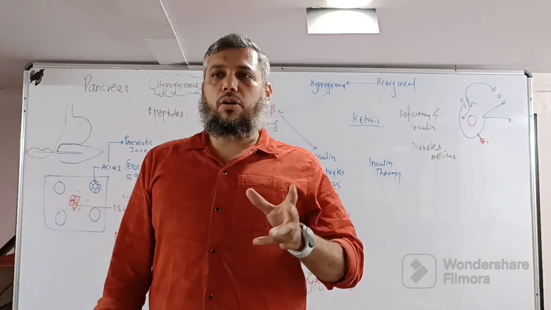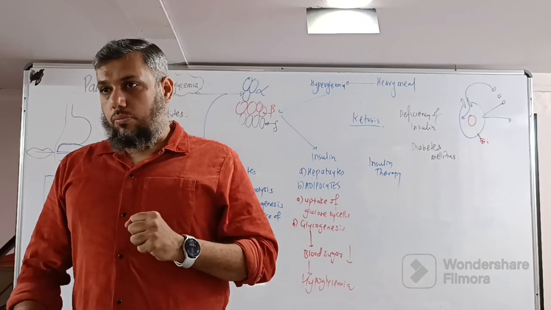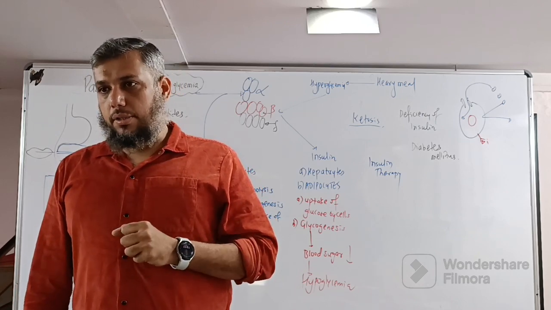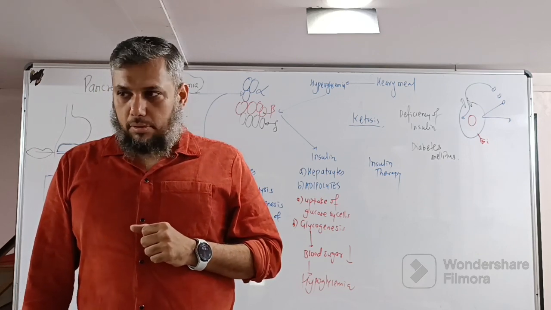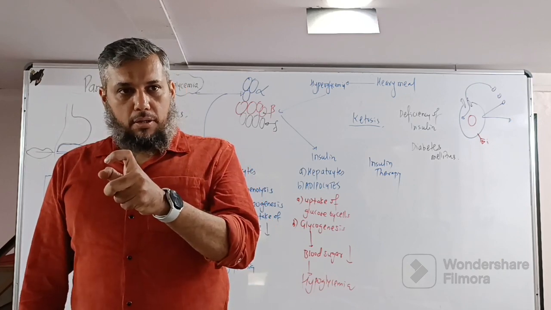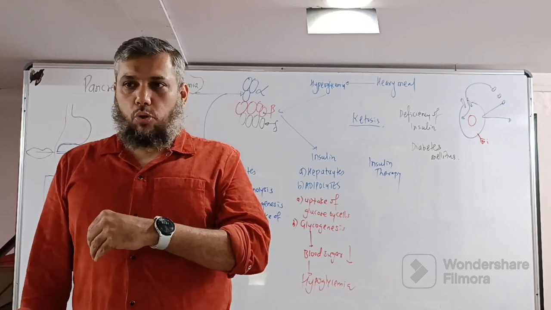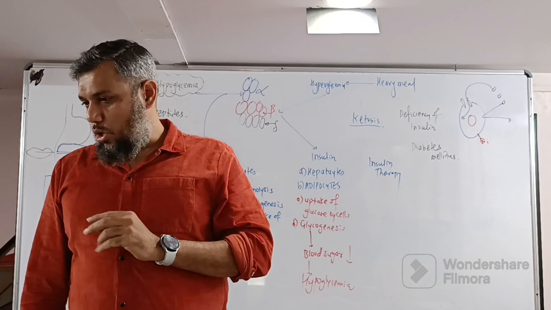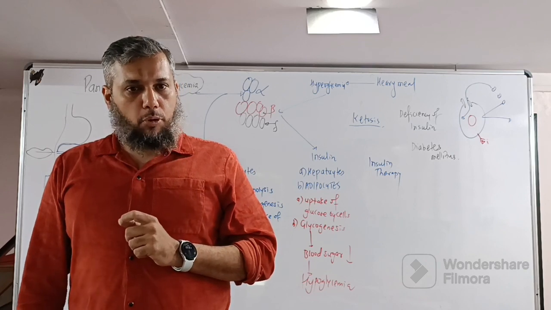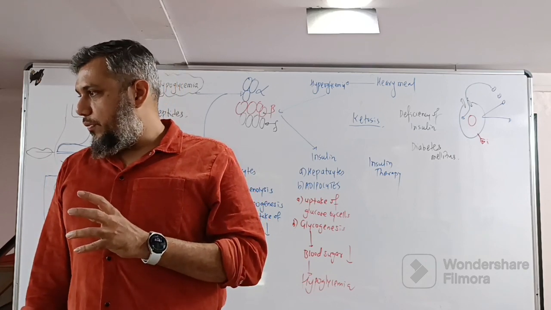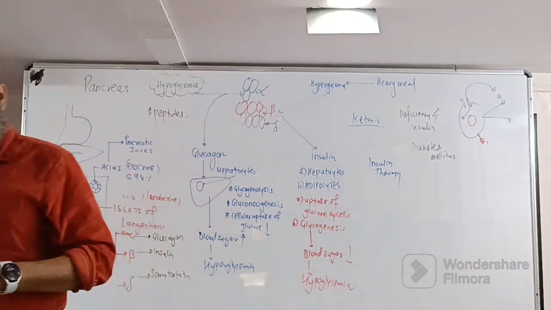Understood? How can obesity cause diabetes? If you are obese, eating a lot, the cell membrane will have more amount of fats around it. So ultimately what will happen? Glucose entry will decrease. Your pancreas will be overworking because the feedback going to it is that glucose is not being received. Ultimately there can be a problem with the beta cells as well. Understood my point? So then which condition will you get? A complex disorder, that is what the NCERT says. And what is the complex disorder called? It is called as